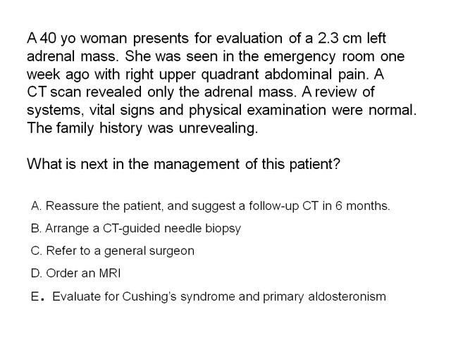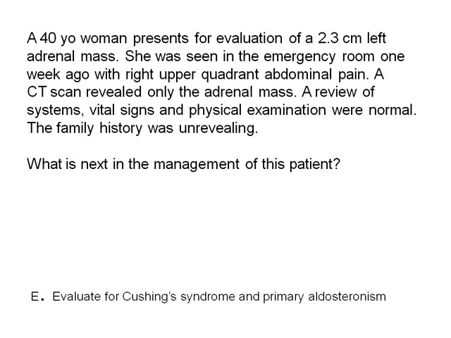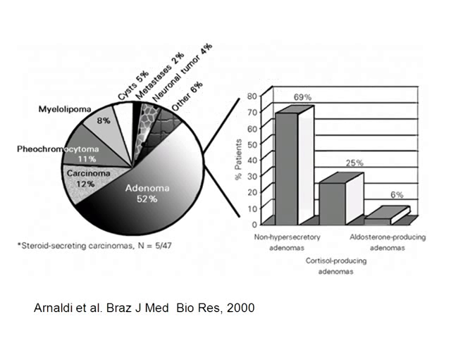Okay. Well, that's what I would do. I would evaluate her for Cushing's and primary aldo at that time. That would be my approach. So if you find an adrenal adenoma on a scan, on a CT incidentally, there are a wide variety of